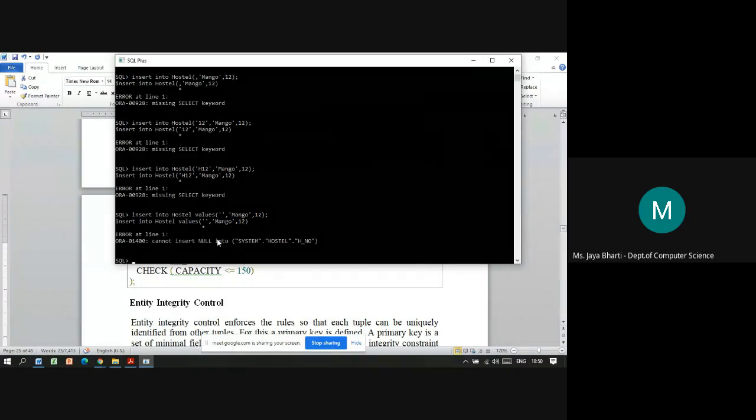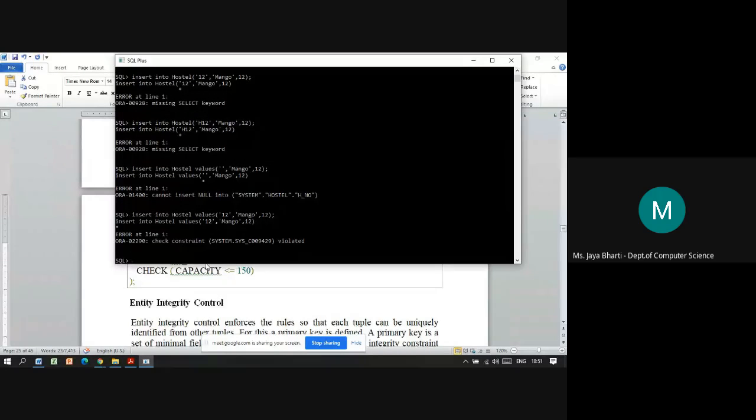So it is not allowing us to insert the value: cannot insert null into system hostel h number. We can't assign a null value for this attribute because we have assigned that constraint. So for that, again, let's say 12.